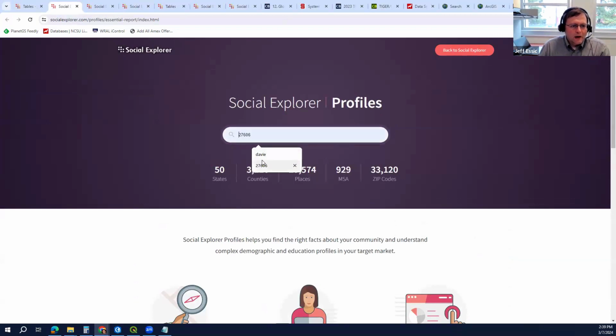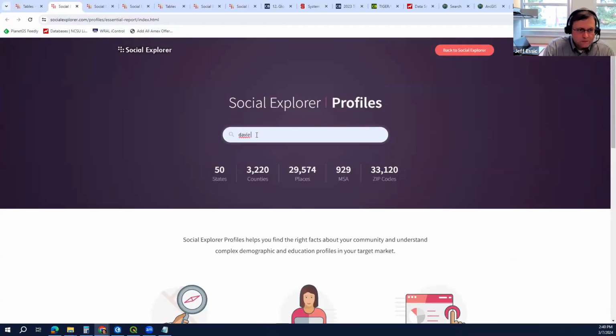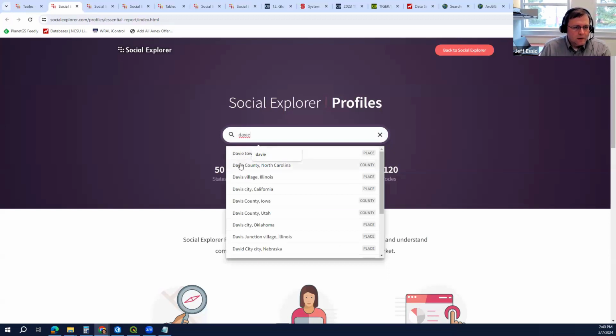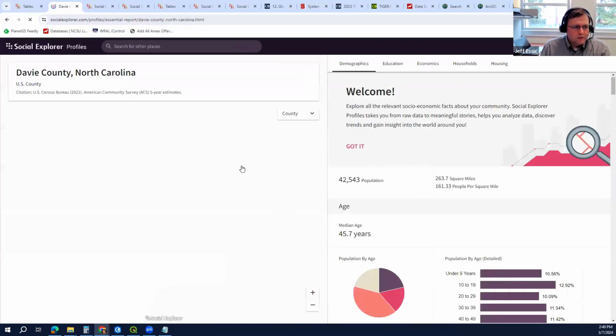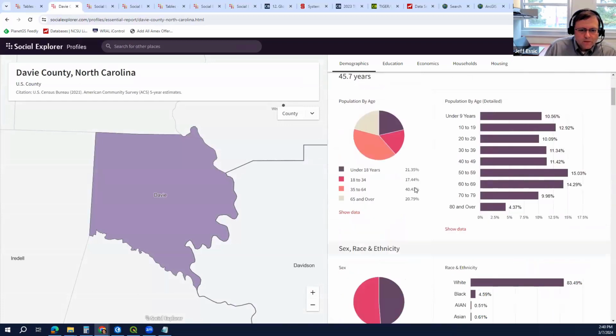So I'm from Davie County, so I tried Davie County yesterday and plugged that in. So I guess I need to type it in. Oh yeah, and then we get the drop down, so we can choose that, and there it is, a screen that has demographics,